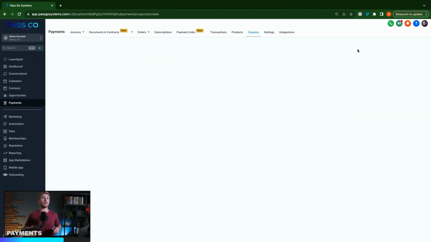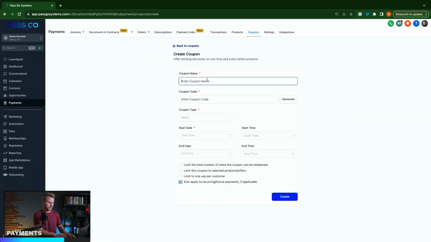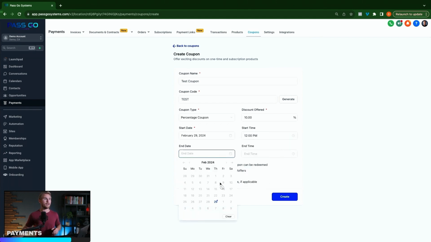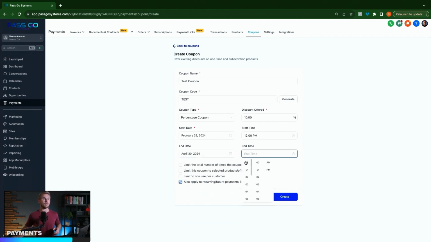If you want to create a coupon, then you just come in here, create coupon, and test coupon, and you can create the coupon code, so test, and you could also generate it if you just want a random code to be generated. Coupon type, either percentage coupon or fixed coupon. So if I want to give a percentage off, then I can choose the percentage amount. So let's do 10% discount, and you can select the dates that you want it to run from. So start on today, and select the time. So it's just going to be 12 p.m. and then end date. You can select whatever date you want this to end on. So if you want it to run for a couple of months, then you can just run it till then,